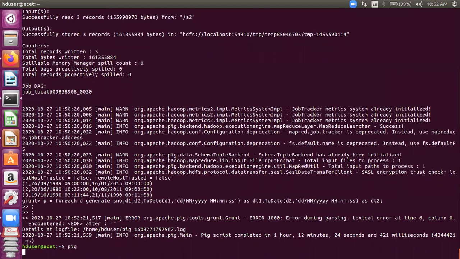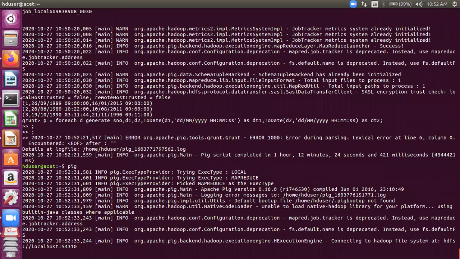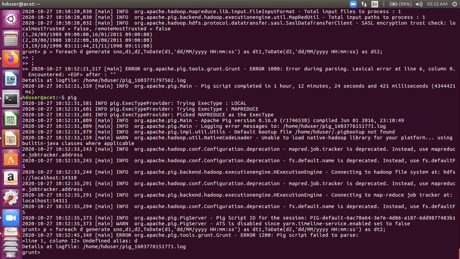So let's load Pig again. So we have the grunt shell here. So we needed to close this here. We missed this here. Now everything fine, I suppose. D is not active. Okay.